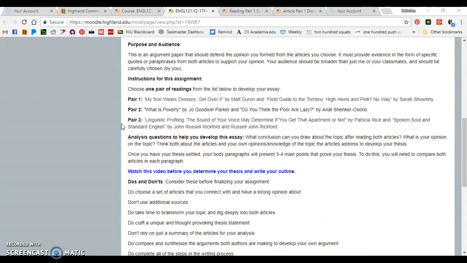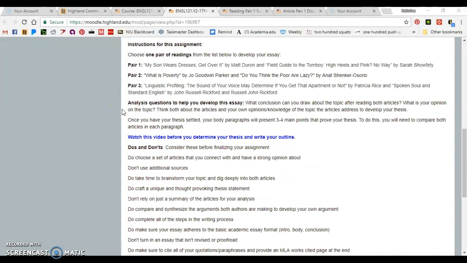So an argument paper is different from persuasion in that you're using evidence from somebody else to defend your opinion. So I'm giving you the supporting articles. You have to pull out the things from those to support your opinion. You have 3 pairs of readings to choose from.